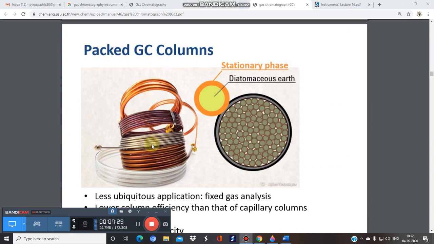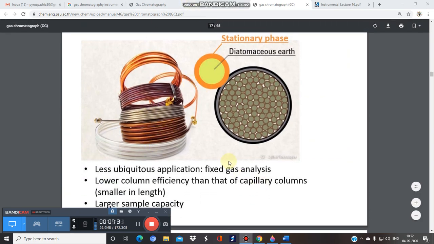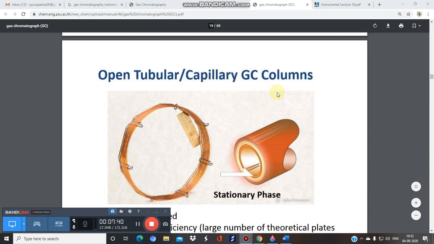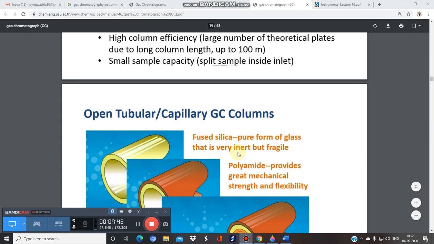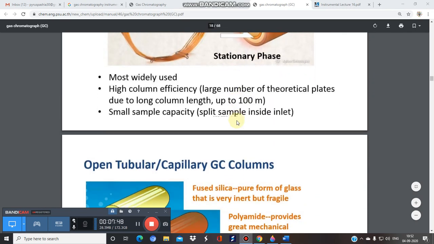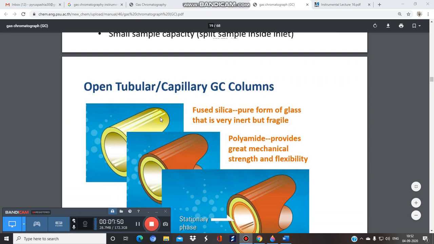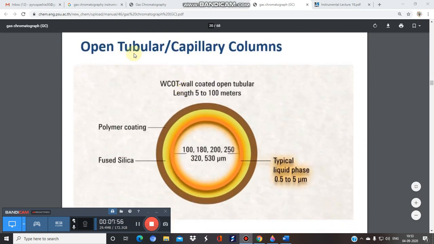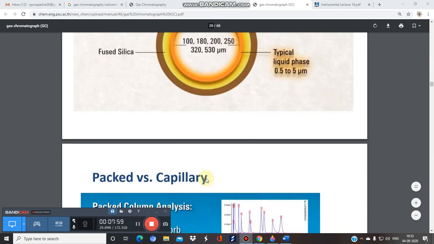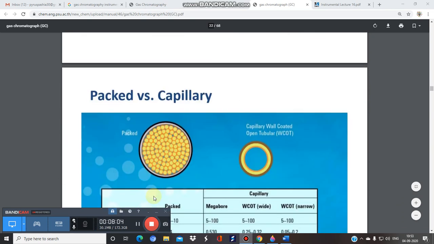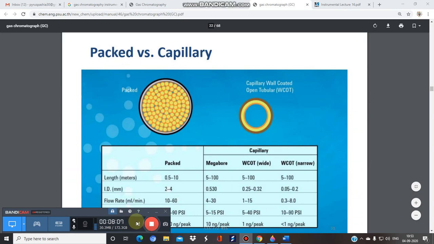So this is a special type of column. That's why I'm showing you this PPT, because this is very important. Photographs are given so it is clearly understood. Look at this: in open capillary GC columns, the stationary phase is filled. Don't worry, I will tell you how to fill the stationary phase and what the different types of stationary phase are, because this is another important component. But in this video, just go through the gas chromatography column once, and we will do the next part later. Next, open tubular capillary columns. Look at this, in this we will add a liquid also. Here is a comparison between packed and capillary columns.